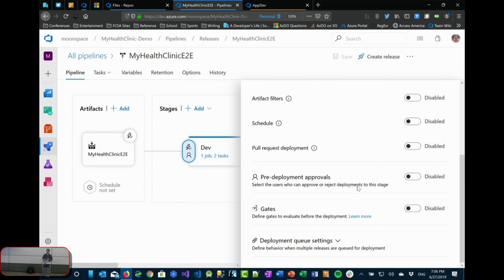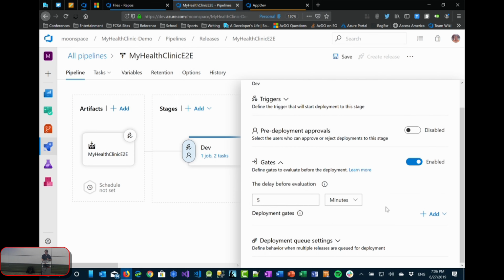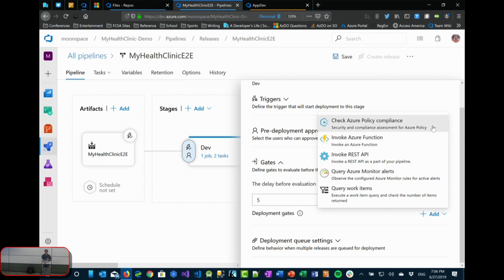But you can also do certain things down here in these gates, for example. You can do some interesting things down here as well, like checking Azure policy compliance. You can deploy out to maybe one server or one node that no one has access to yet, and then check things like Azure compliance. Is this thing actually compliant with whatever my policy settings are?